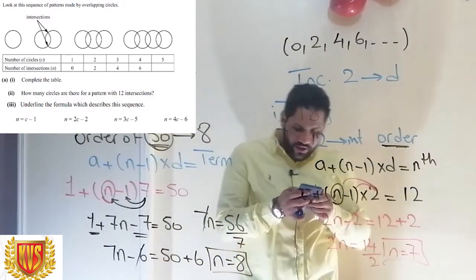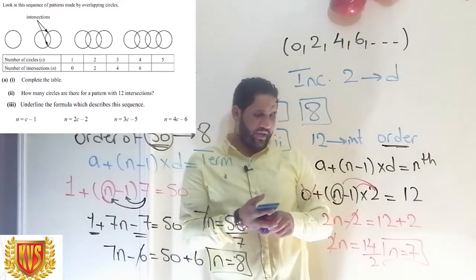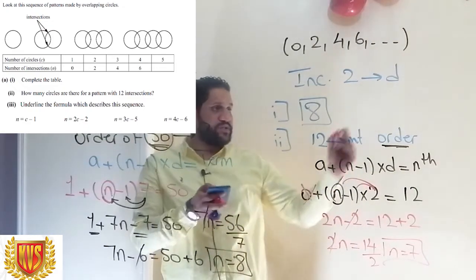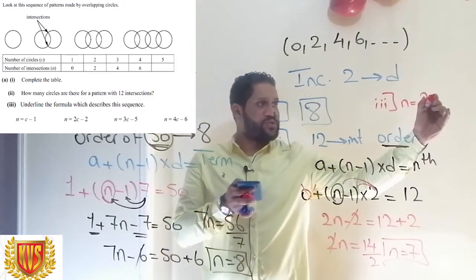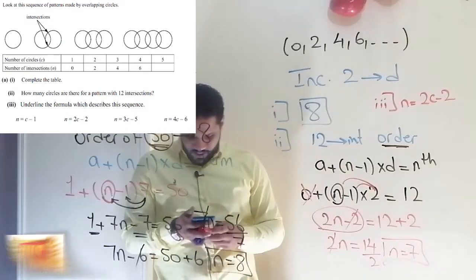Then he told me to underline the formula which describes the sequence. I can see that the formula which describes the sequence is the third one, which is that n equals 2c minus 2 according to this one. Okay,